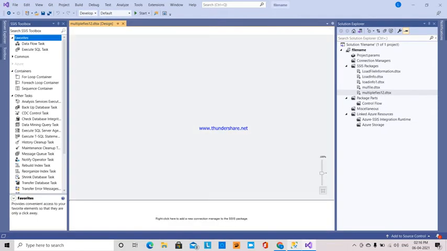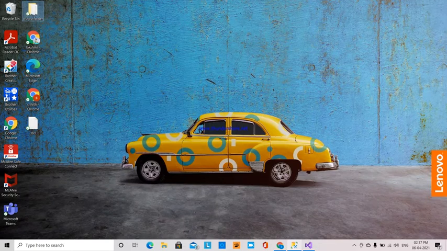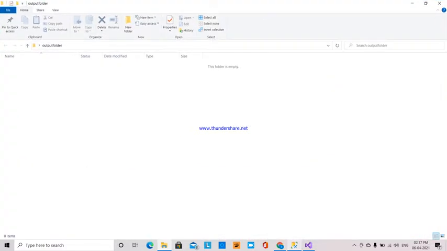So next, I'm going to retrieve the distinct branch IDs. The other thing I'm going to do is, I have an output folder here, and over this folder I'm going to get all those flat files.